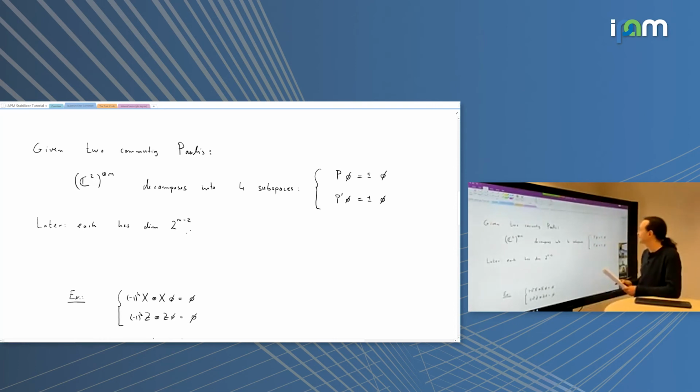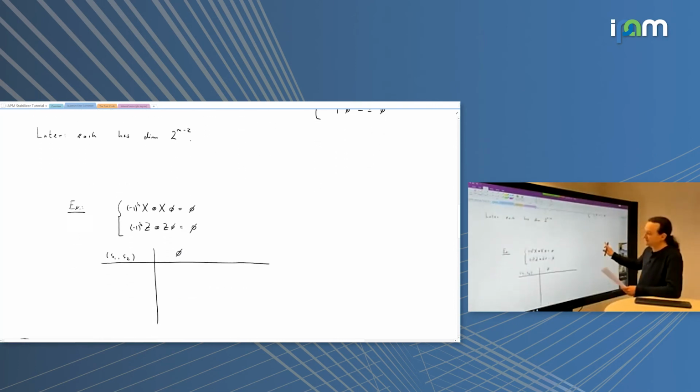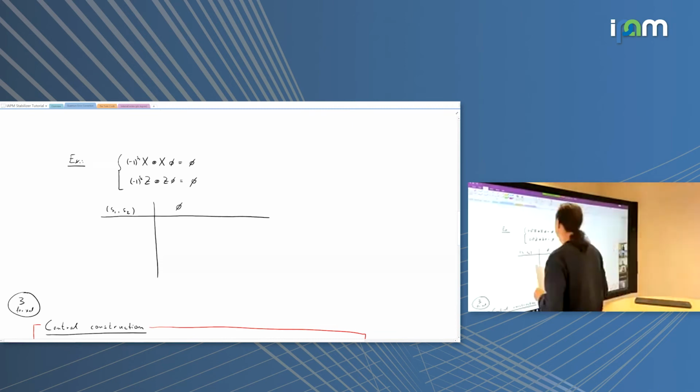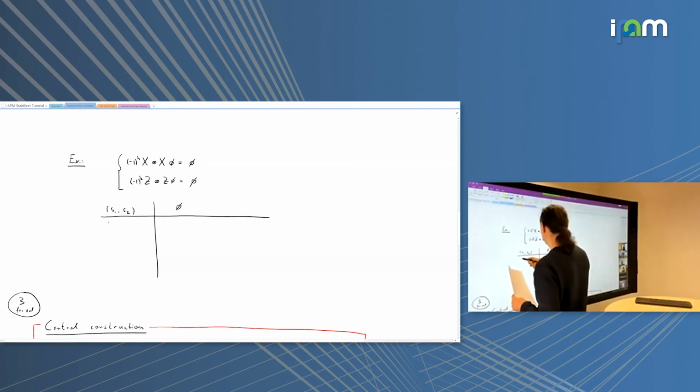Okay, so let's look very briefly at an example, and then we do the general construction. Here's an example. I take n equal to 2, and the two Pauli operators I will be looking at are X tensor X and Z tensor Z, potentially with phase factors in front of those. X and Z anti-commute, but there's an even number of places where they meet, so they jointly commute. And now I will just look at the different signs.